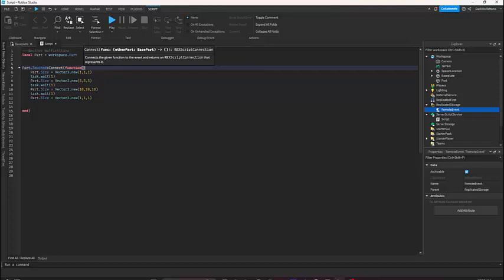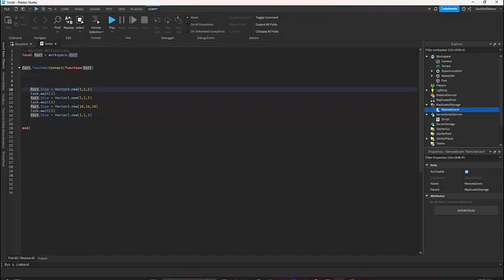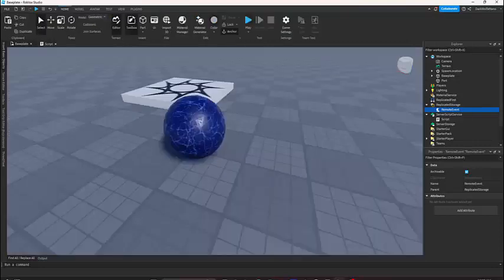We'll do part, right? Other part or base part. And what this is saying is it's passing another part, or whatever part touched it, right? So I know it touched it, and if I want to know, we can do another thing called a print, right? And so in scripting, the easiest way to check code is to print, right? So if I print and I hit play,